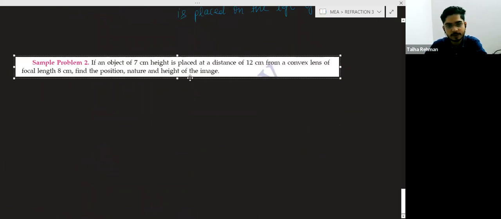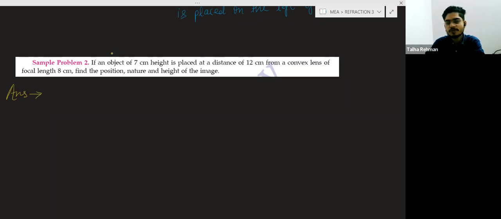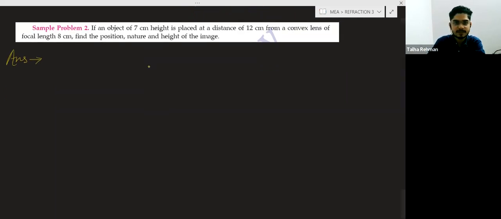Now see this question very carefully. They are saying, if an object of 7 centimeter height, suppose this is the object having the 7 centimeter height, is placed at a distance of 12 centimeter from the convex lens of focal length 8 centimeter, find the position, nature and the height of the image. If you are able to draw the diagram, then draw the diagram, because the chances of mistakes will be less in that case. So suppose this is your convex lens